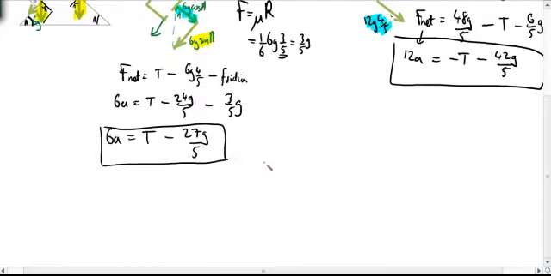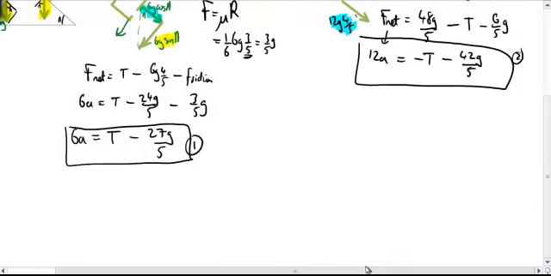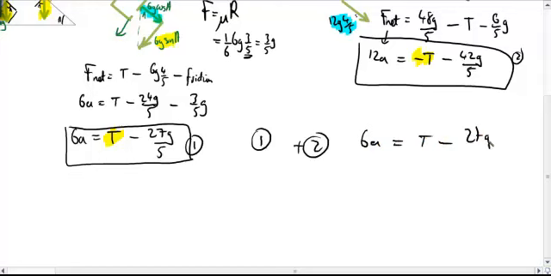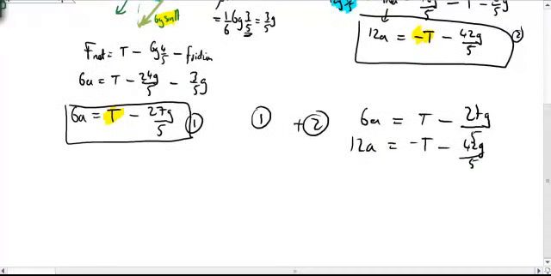Got my first equation here, and if we just add equation 1 plus equation 2, what we notice is that we've got a plus T there and a minus T there. They cancel really well, so we'll write them together there. 6a is equal to T minus 27g/5. This one's 12a is equal to minus T minus 42g/5. And what we get is 18a is equal to, they cancel, they add together to give,